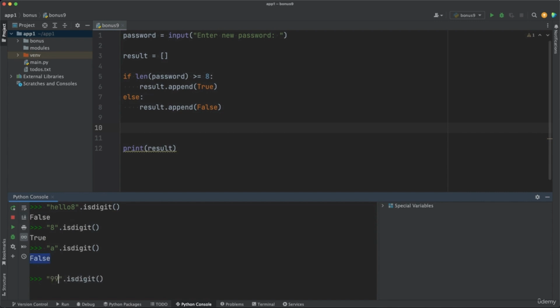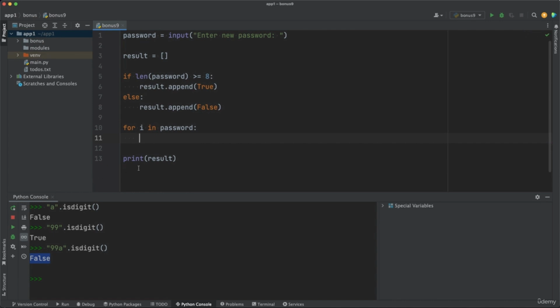If it's 99, you get true, so it's a number. But if there is one letter or other character that is not a number, we get false. Therefore, the only solution we could think of here is to iterate over the password characters. So we check every single character, which means if the password is, for example, hello9, we will check